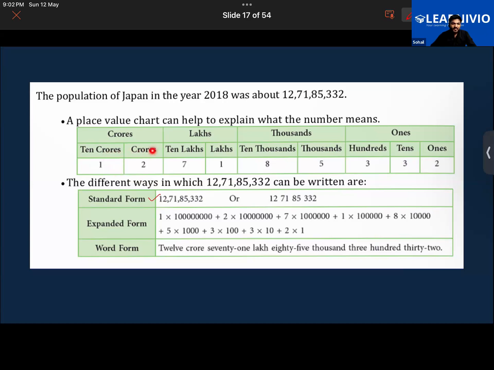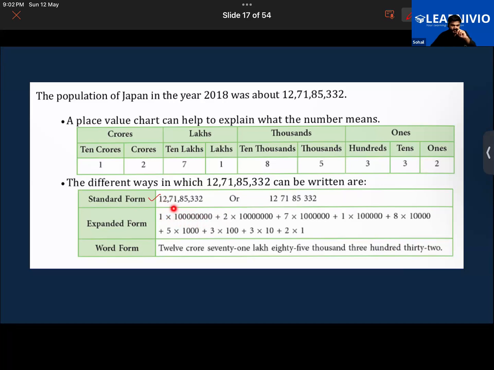That's why we take help of a place value chart, because sometimes it becomes confusing. So you might take help of this place value chart if you're having difficulty. You would write 1 and the place value of 1 is 10 crore. So 10 crore is written in this manner. You have written the digit and multiplied it with the place value.